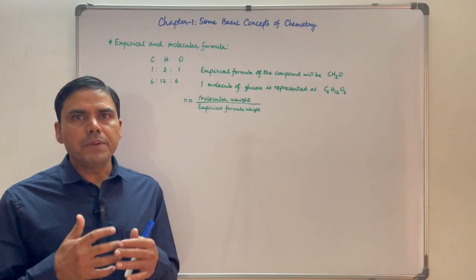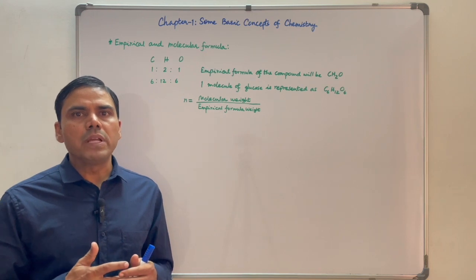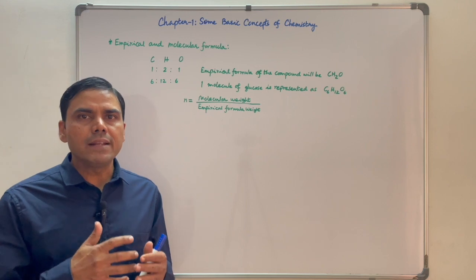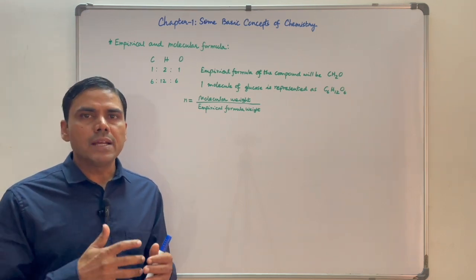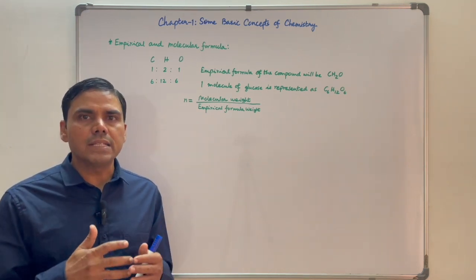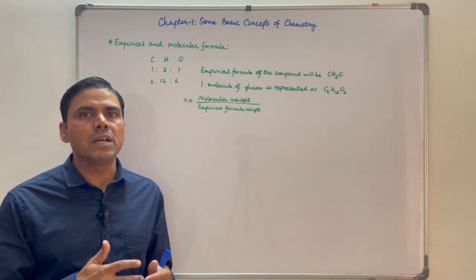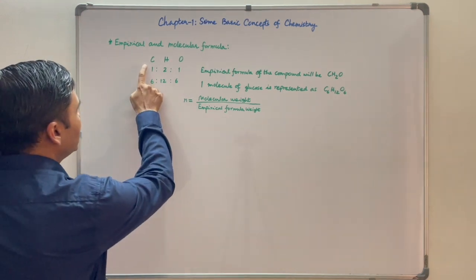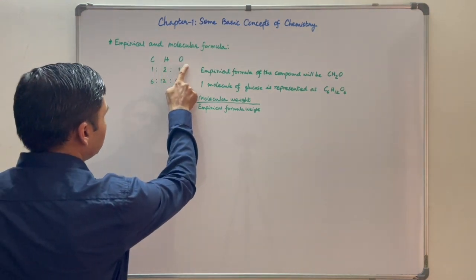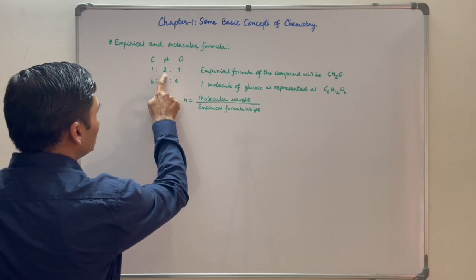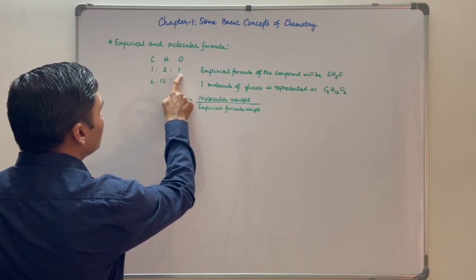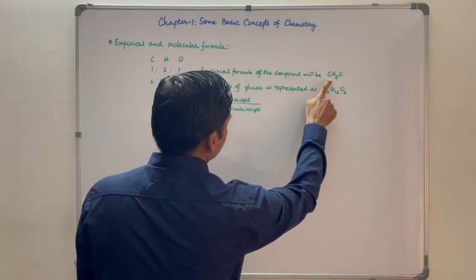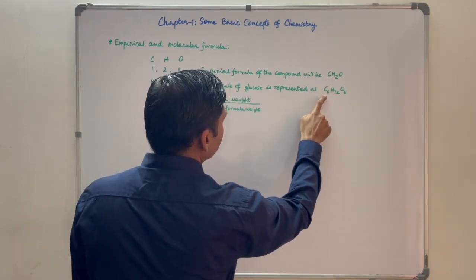Let us understand empirical and molecular formula of a compound. Empirical formula represents simplest whole number ratio of various atoms present in a compound, whereas molecular formula represents the exact number of various atoms present in a molecule of a compound. Suppose in an experiment it is found that carbon, hydrogen and oxygen react in 1:2:1 ratio by weight to form a compound. Then empirical formula of the compound will be given by CH2O and the molecular formula of the compound will be given by